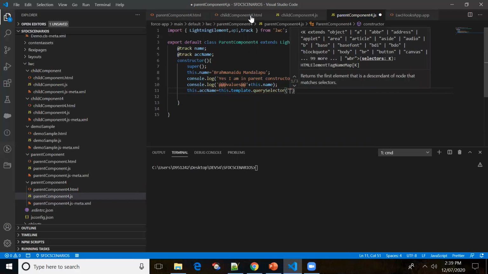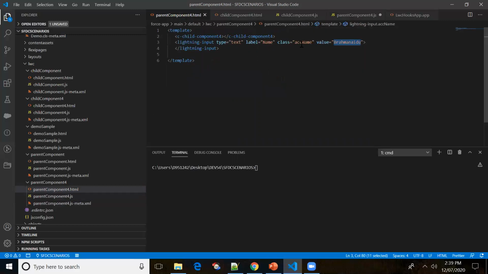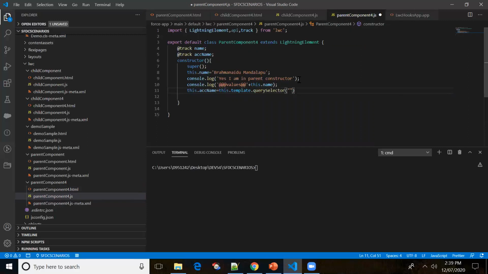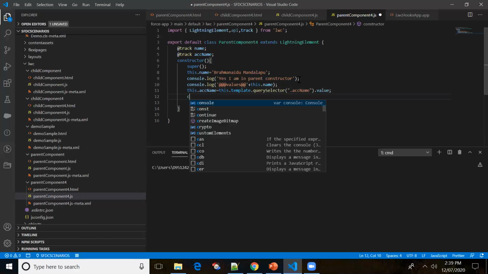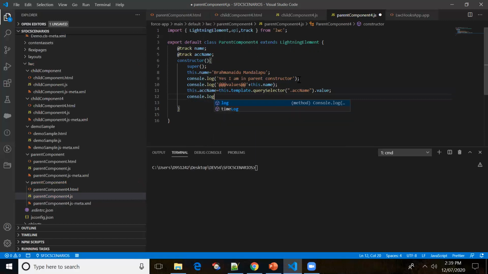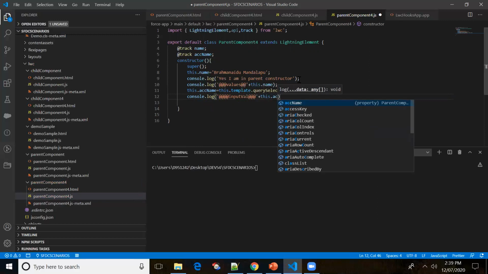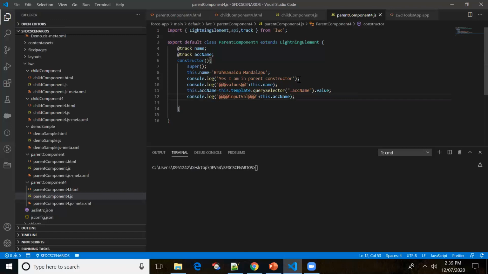So what was the class name in the parent component? ACC name. I'm trying to get the value of the input, right? So ACC name dot value. Okay, so let me put the console.log as well. Input val equal to this dot ACC name. Okay, so let me push this code to the source org.